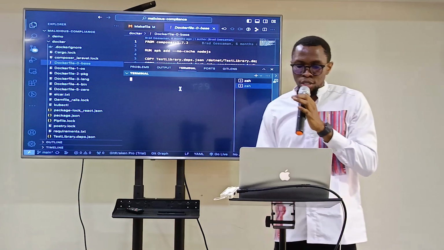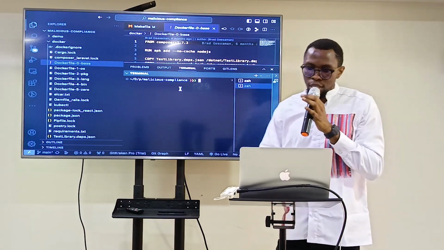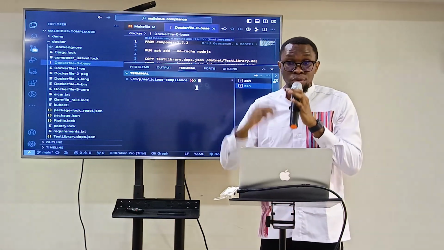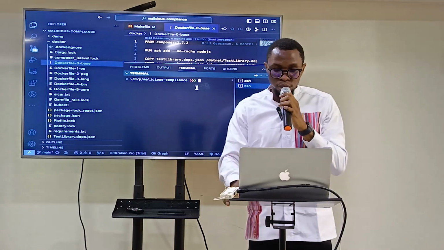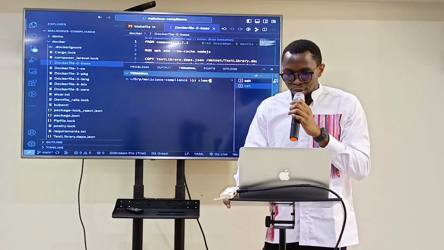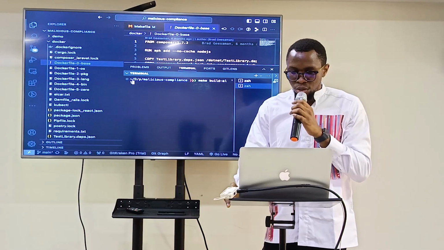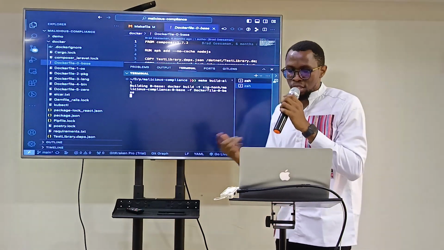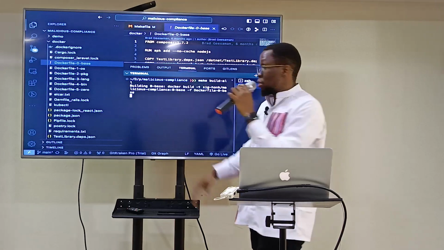So everything here is mainly, like I said, I'll provide a link to the repo and you can even run it on your end and test it out for yourself, right? So at the end of the day, I built the images already, but I'll just run it and rebuild the images itself. Make all is basically building